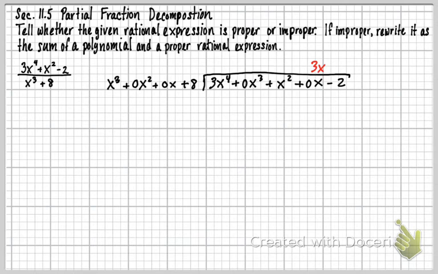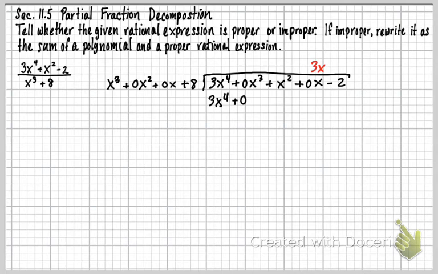So now all I'm going to do is take these, and I'm going to multiply it times each of these terms here. So I don't just multiply it by the first one, I'm going to multiply it by all of them. So when I multiply that first one, I get 3x to the 4th. Now that's this one right here. And then when I multiply it by the second, I'm going to get plus